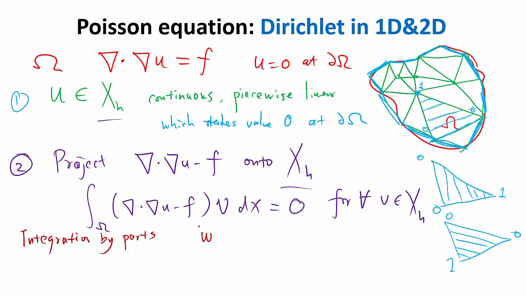Let me define the vector field W as the gradient of U times V. Okay, it's a vector because it's a gradient times a scalar. It's a vector times a scalar, right? The divergence theorem says that the integration over this whole domain of the divergence of this W is equal to integration over the boundary of normal